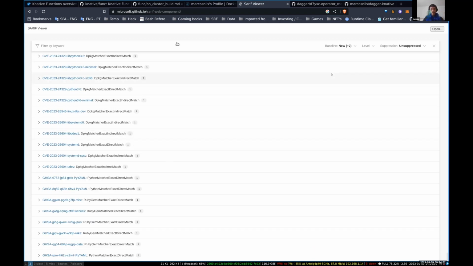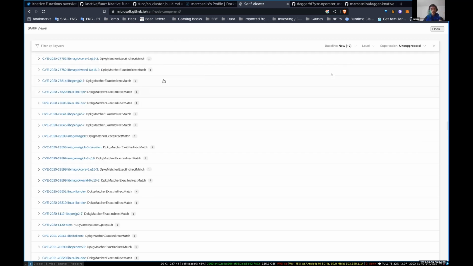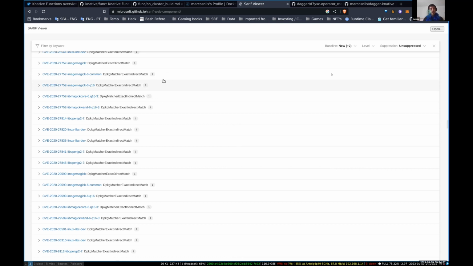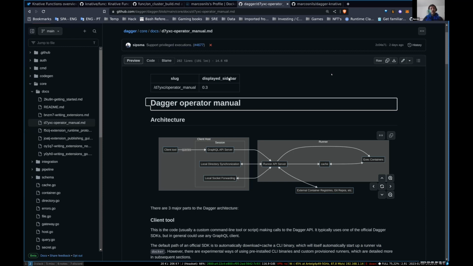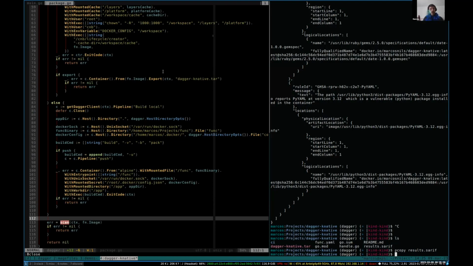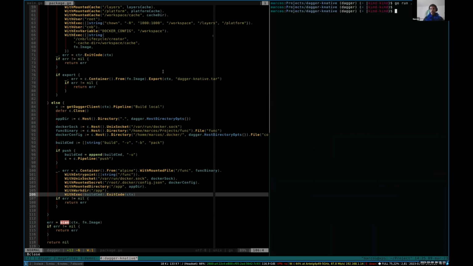But anyways, the thing is that I can generate the same information that the GitHub Actions are doing through a very simple Dagger pipeline that anyone can run locally on their machines, right? Of course, I didn't mention this explicitly, but the benefit is that anyone can run this locally without depending on GitHub Actions, so they can see the advisories locally before pushing to CI and waiting for the CI to do all its things. But yeah, anyways, I have this running, and what I wanted to show you next is